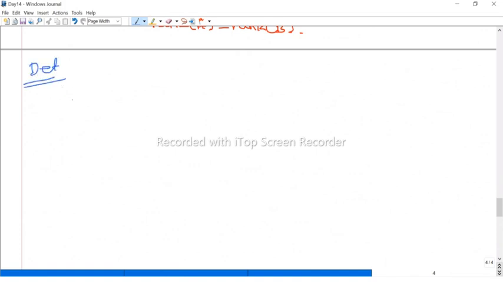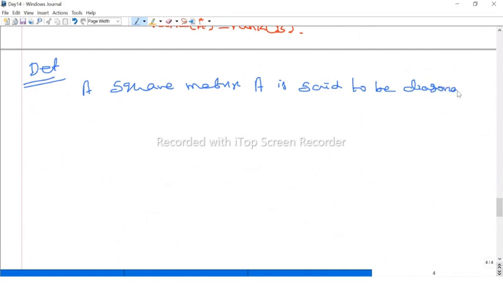So, with the definition, a square matrix capital A is said to be diagonalizable if